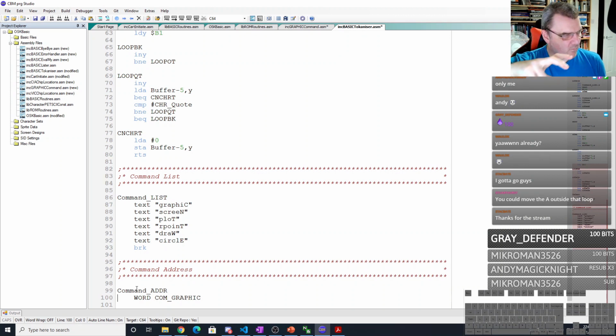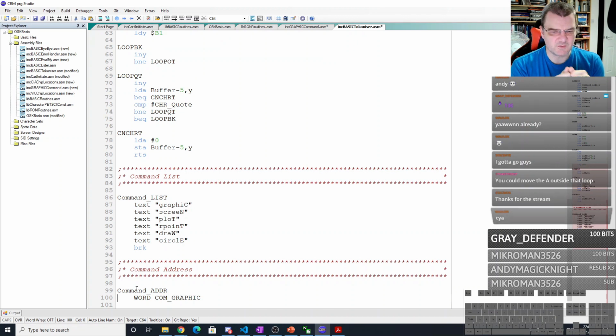You've got to remember, in the executioner part, we push the address to the stack to fool the 6502 that it's returning from a gosub. Now, the way the return from a gosub works is you do not push the address itself to the stack. You have to push the address minus 1